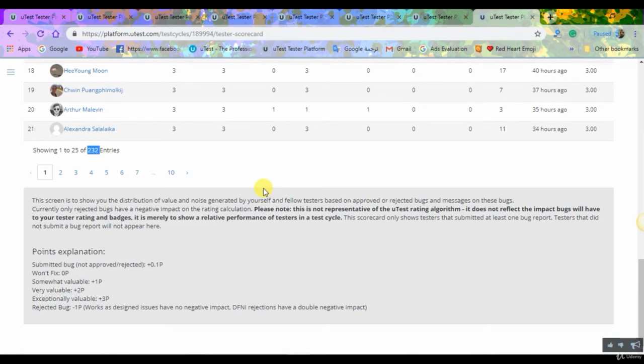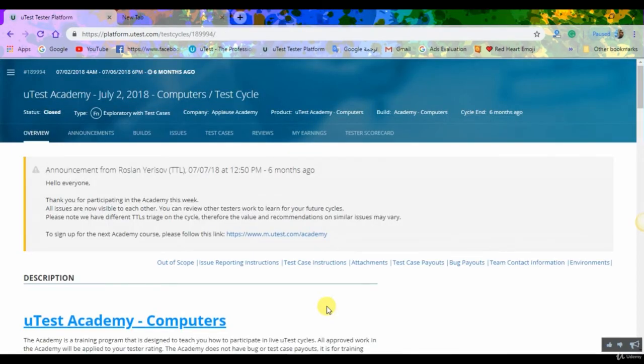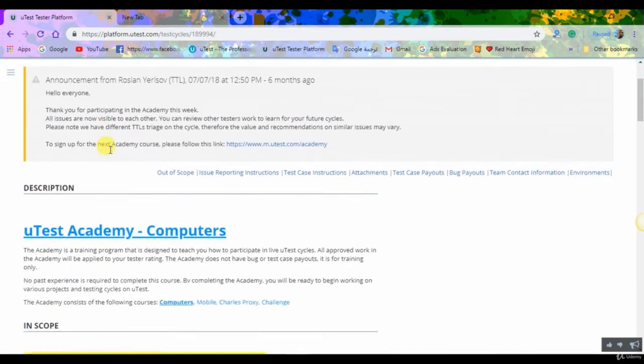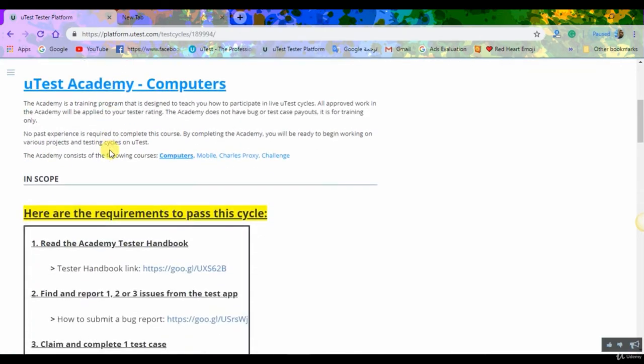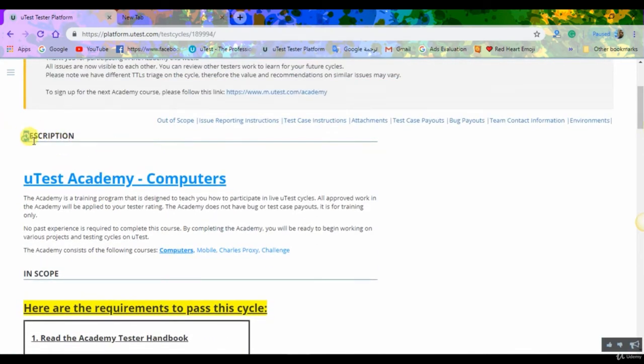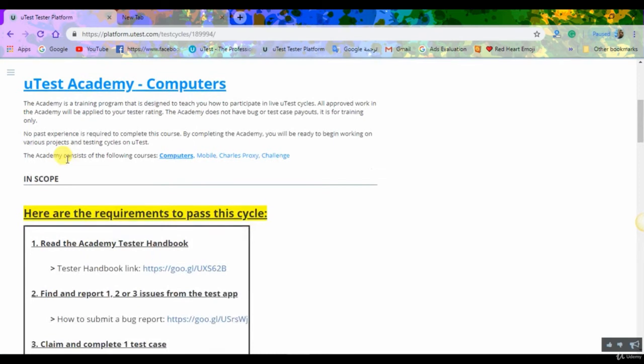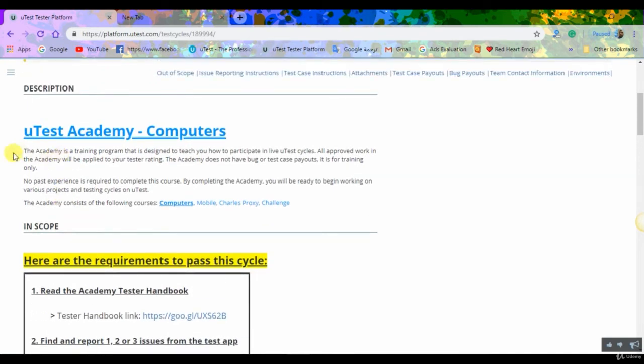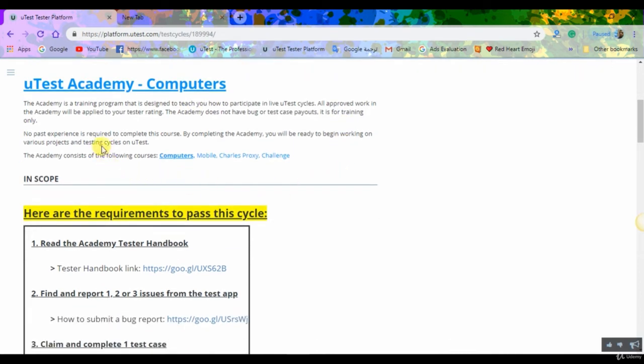Let's go back to the overview. Here is the overview of the Computer Academy. The first thing is the description. Here you will find the description for the test cycle that you are participating in. Of course, it's changeable because each time you will see a different description for each website, for each cycle